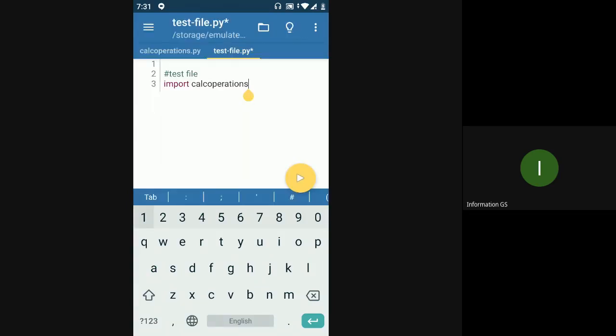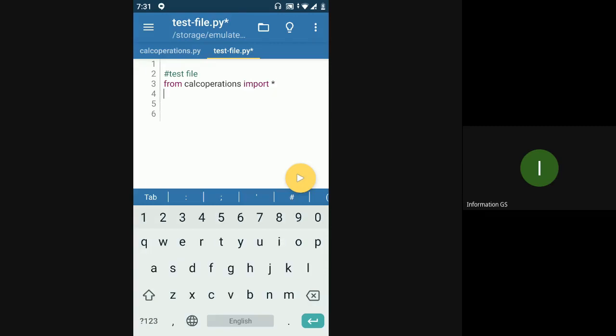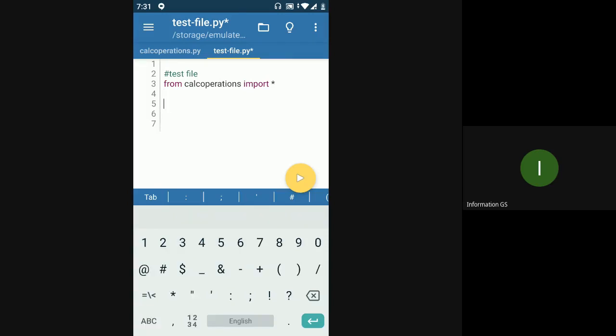Okay, so now what I'm going to do is I think the code that I wrote earlier just got deleted, so let me quickly write it back. Say import star. So as we discussed, from calc operations import star, which is going to import all the functions present in the calc operations module. In this case, I don't want to take any number from the user.